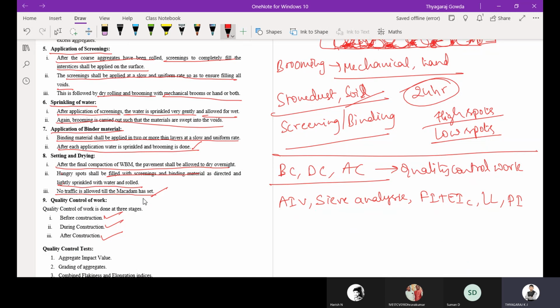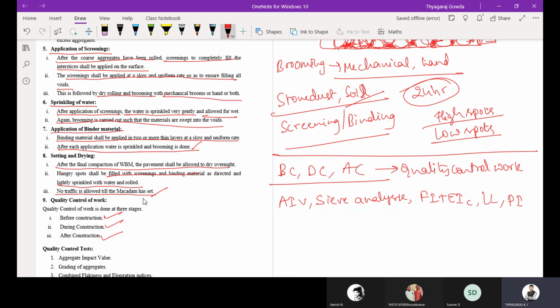Then application of binder, which holds the aggregates in place. It should be applied at a uniform rate, in a thin layer. After each application, you sprinkle water and broom it.